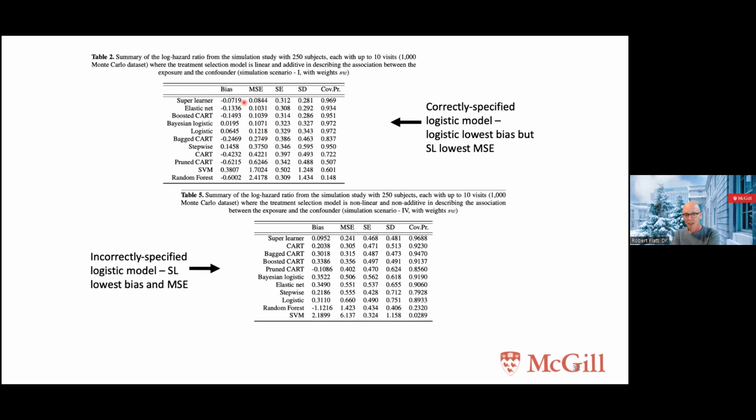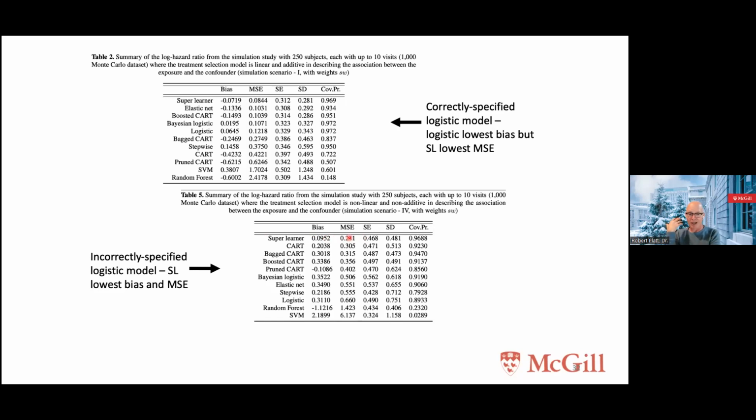On the other hand, if we don't know the method, that is, if our logistic model is specified incorrectly, this is where machine learning really helps us. If we don't know what's going on and we have the machine learning methods constrained in a controlled space where all they're doing is building a prediction for the treatment, the propensity score, then the superlearner method, the averaging of a bunch of machine learning tools, does far better than anything else, both in terms of bias and mean square error.